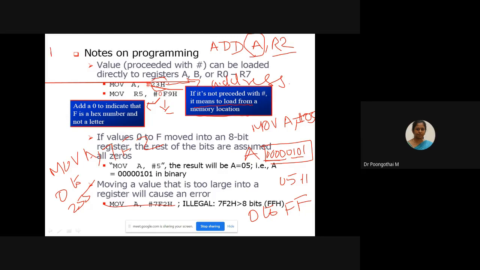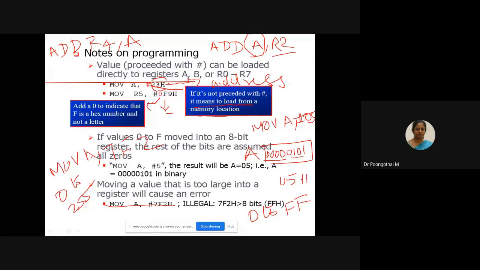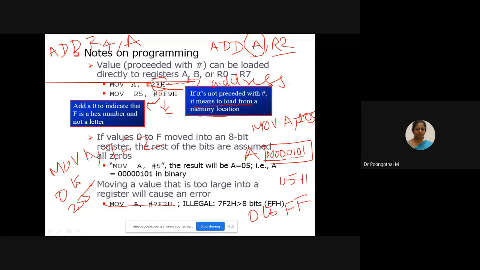Suppose I am writing the instruction ADD R4. This instruction is invalid, so your destination must always be the accumulator only, not another register. ADD R4, A or ADD R2, #12. These instructions are invalid since A must be the destination of any arithmetic operation.